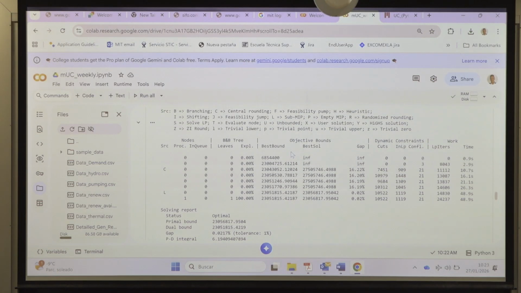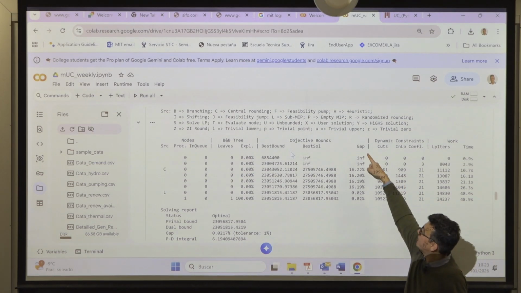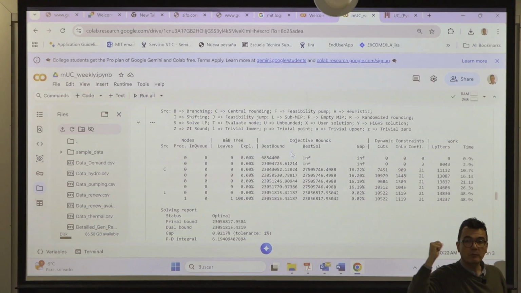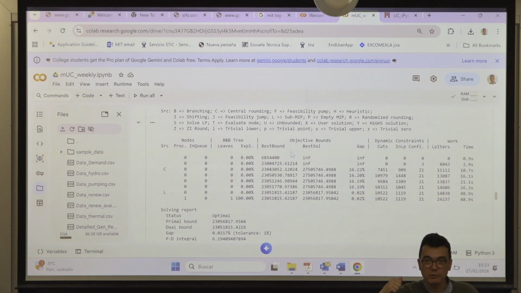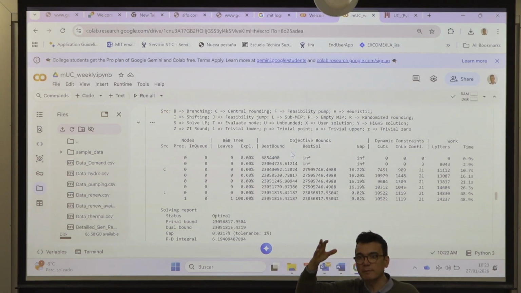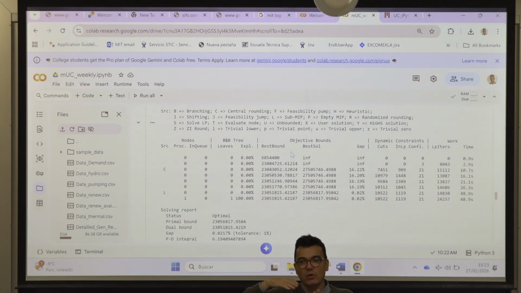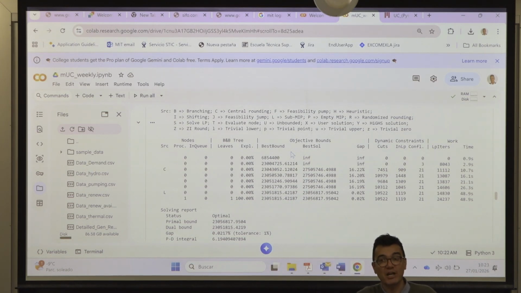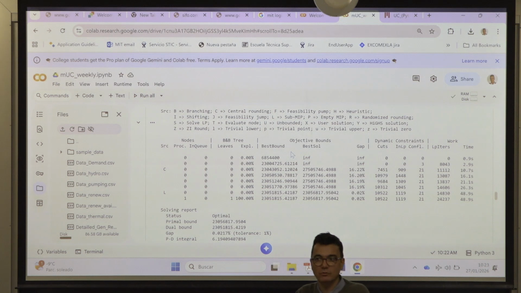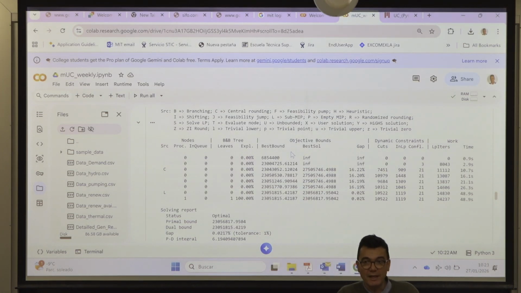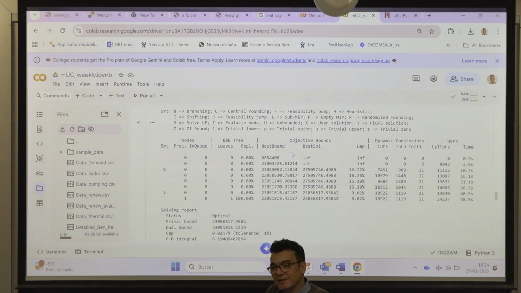Here you can see the gap. The point is that when you are optimizing a problem that involves binary variables, in theory you could reach the optimal solution, but this might require exploring a very large search tree. So the solver applies what is called branch and cut, which is an evolution of the branch and bound algorithm. It explores that search tree with a strategy that ensures you're always improving, but when the solution is good enough, you